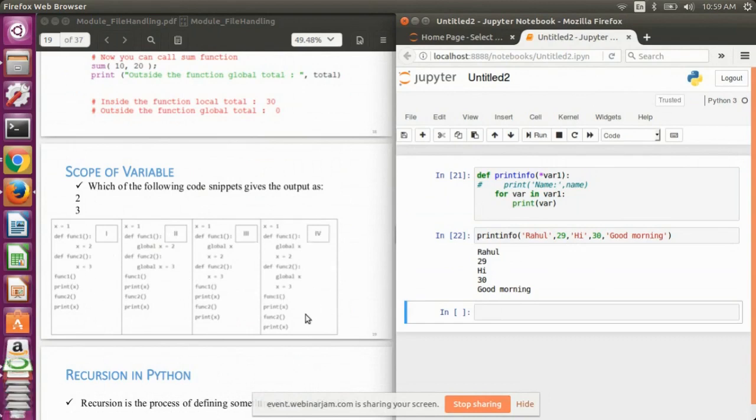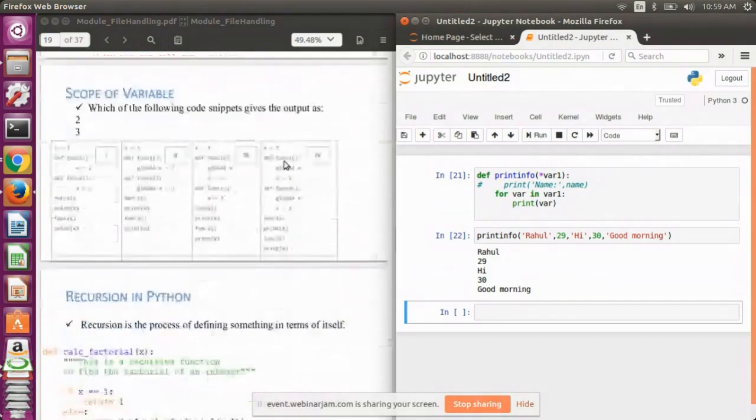So by using that concept, you can figure out if you run these four codes, and the answer of this particular scenario is the fourth one. Here, we assign x one value, then we define two functions, function one and function two. In function one, we are defining x as a global variable, writing a statement global x.